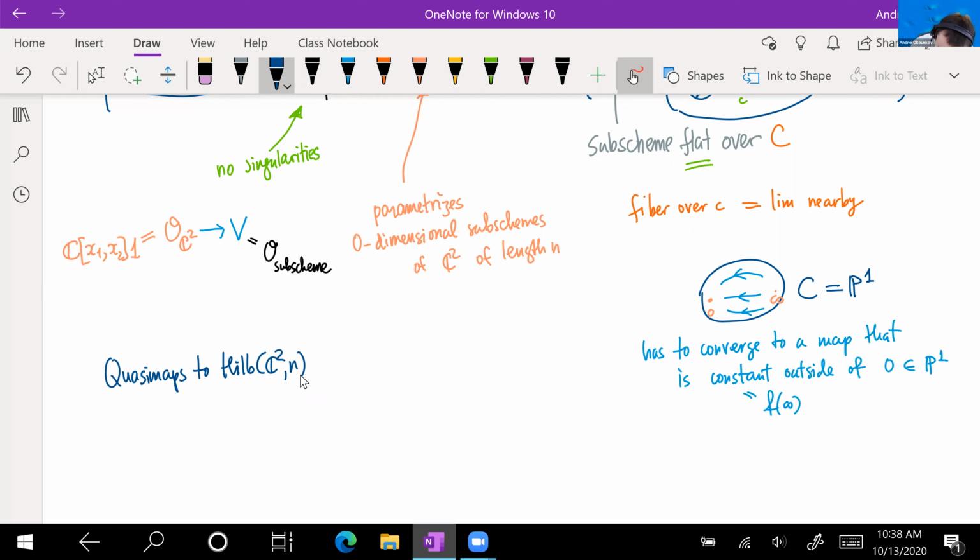So they relax. So we had the condition that being a